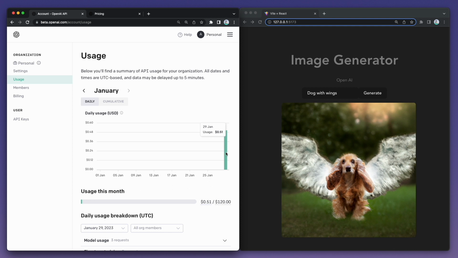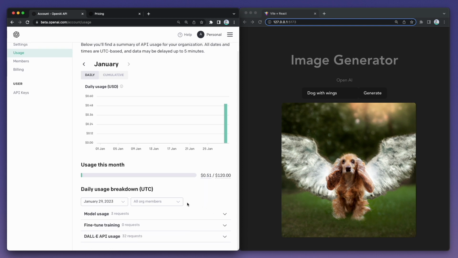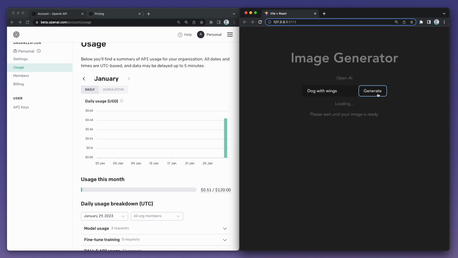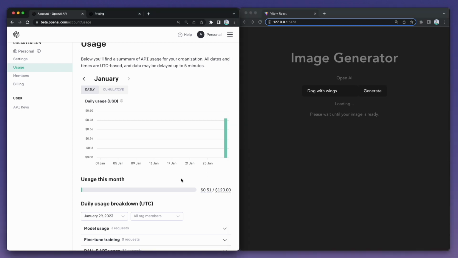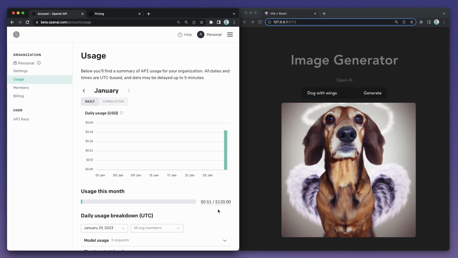And if you go to your account once you create it, you can see that I have used already 50 cents of $1, and I'm paying for this. My free requests are expired, so I had to put my credit card. But still, it's really nice to learn how these things work, and the things that you can generate with these are really nice. So without further ado, guys, once you create your account, you can see here your usage,